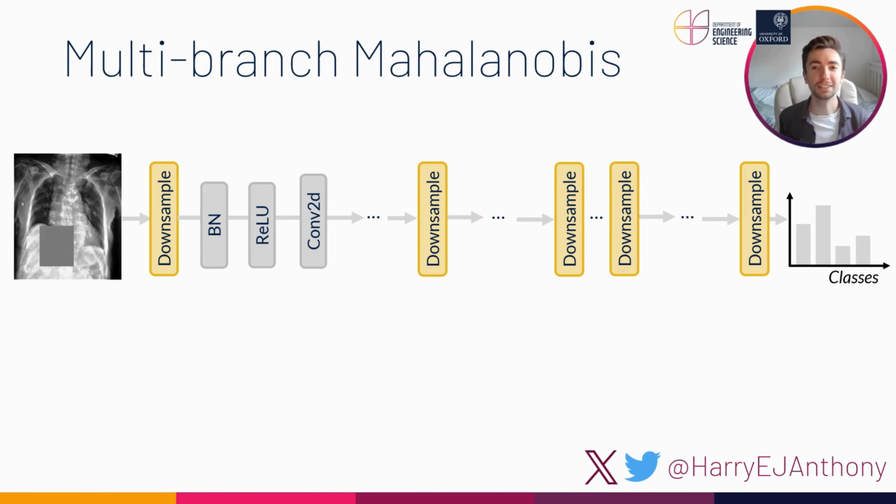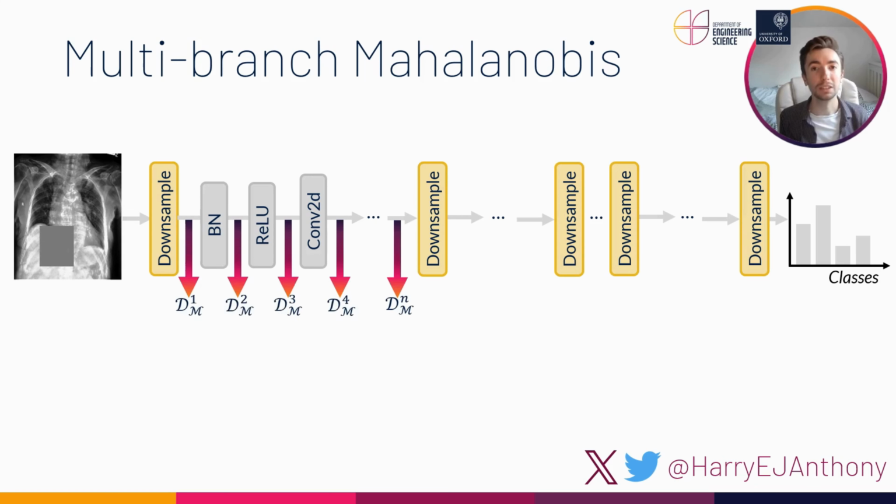To investigate this, we created a method which uses multiple detectors, which we're going to call multi-branch Mahalanobis. How this works is we separate the network into parts, divided by downsample operations. We call each part a branch. We then collect the distances after the modules in the branch, and then weight them together to get a single